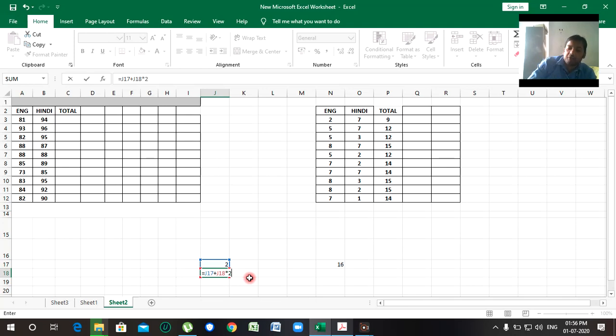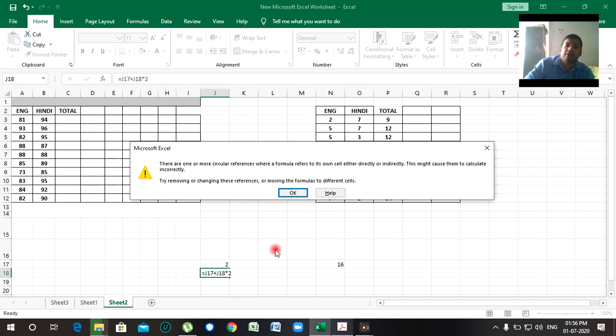When we press enter, a message will come. See here, this message: There are one or more circular references where a formula refers to its own cell either directly or indirectly. This might cause it to calculate incorrectly. Try removing or changing this reference, or moving the formula to a different cell. When I press OK here, the value will come as 0.